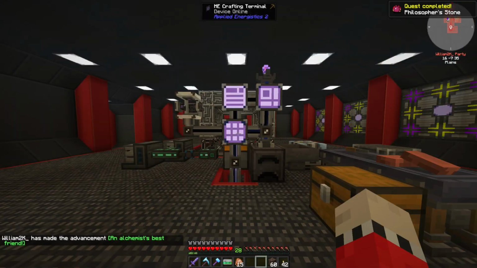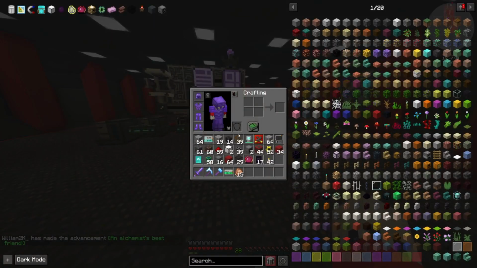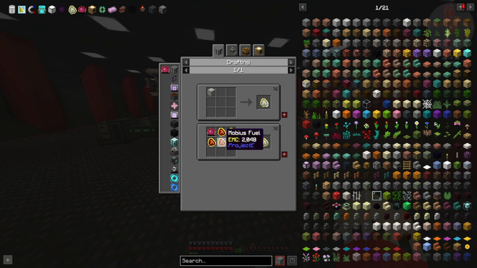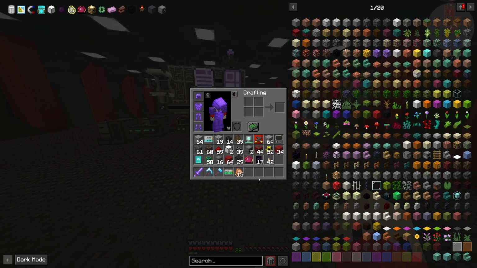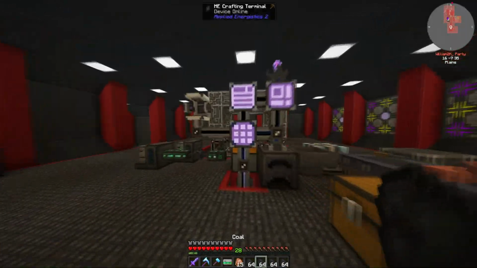And there we go. We now get an achievement for Alchemist's Best Friend and start to have the ability to make things. The first thing that we're going to want to make is actually alchemical coal, because if we take this normal coal